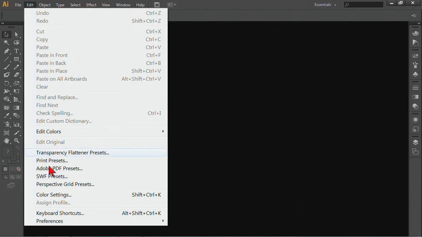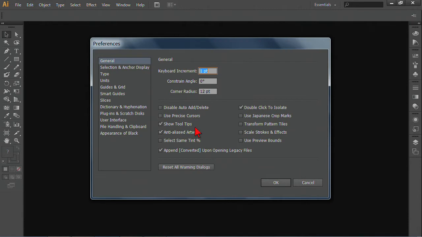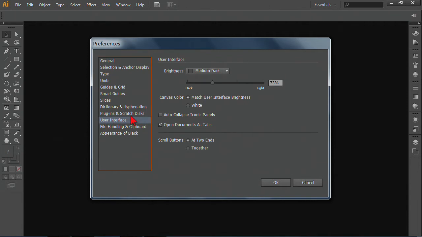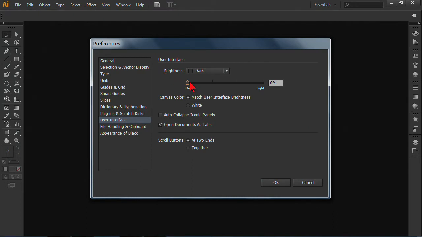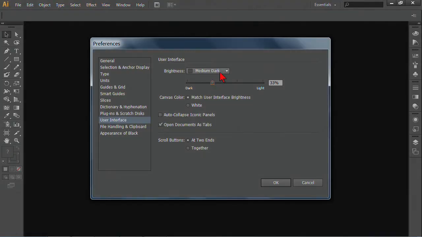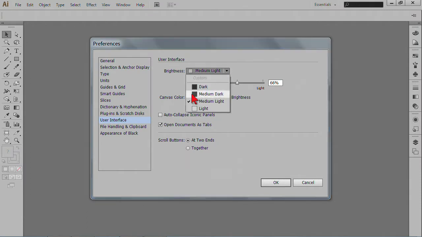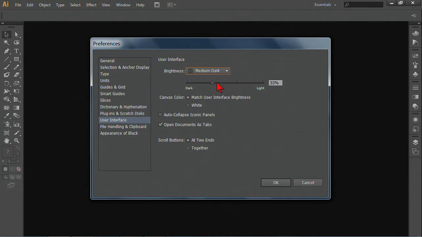I'm going to go in here to Edit, Preferences, and we'll go into our different preferences in here, and you can see the preference called User Interface right here. Right now we've got this preference of medium dark, and I can actually make it very dark or very light, which is more like the original versions of Illustrator. I kind of like it in this middle one, and you can actually choose the medium dark or medium light, and depending on your environment, your lighting at your office, or even the products that you're working on, some of these different preferences can be really helpful for you. But let's go ahead and choose OK,